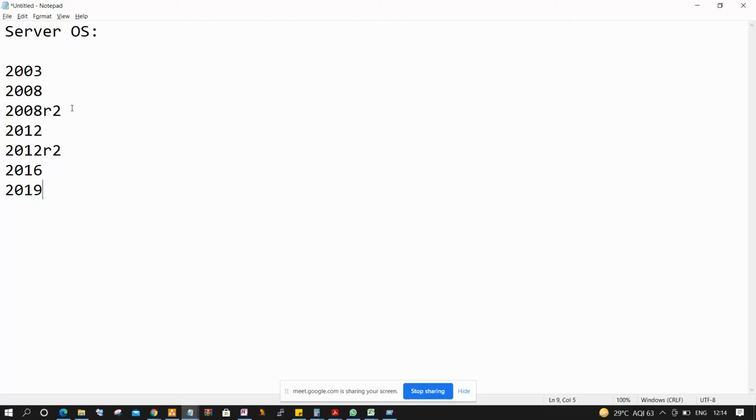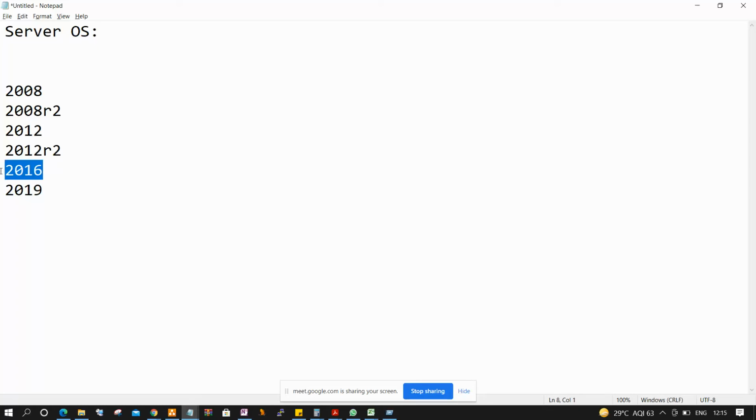Guys, at present in the market, in real time environment, 2003 is very old, that's already gone. Still some servers are migrating from 2008 to 2016 operating system. In our lab environment, we are going to set up the entire infrastructure on 2016 only, guys.